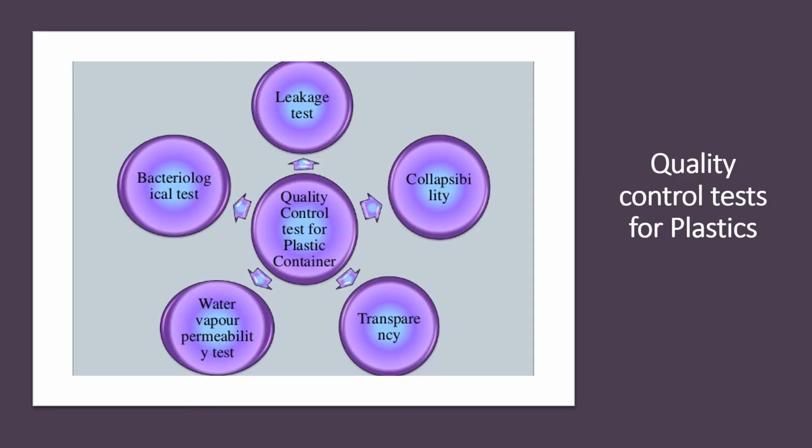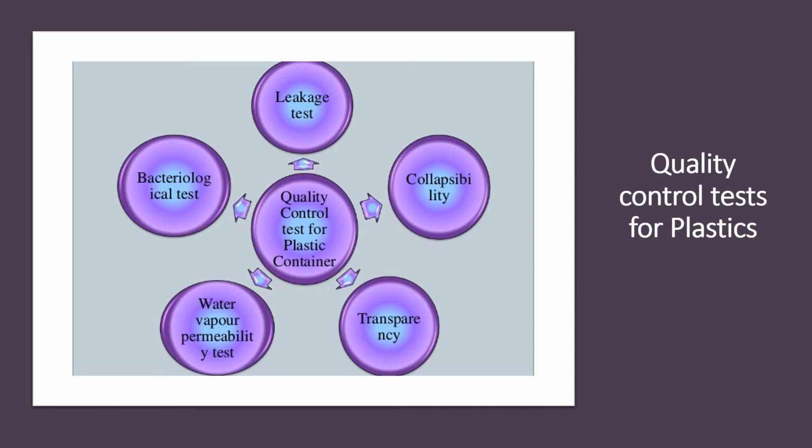Next, we move on to the evaluation of another packaging material, that is plastics. Plastics are widely used as a pharmaceutical packaging material. The quality concerns for the plastics are more. Again, the same problem as noticed in the cases of the glasses, like extractables, leachables, and permeation, have to be tested in the case of plastics as well.